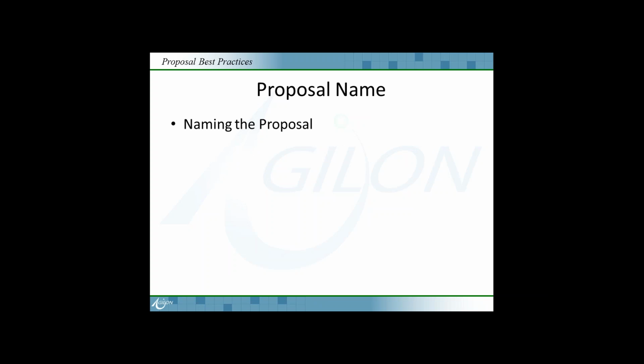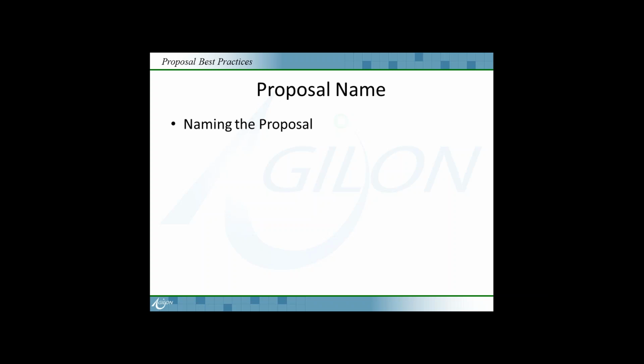So I'm going to flip back and forth between some of these topics and looking at the proposal module or proposal screens within One. The first thing that I want to look at is talking just about naming the proposal. Now, I'm going to be showing you some of these features that are in the 4.4 instance of One, because